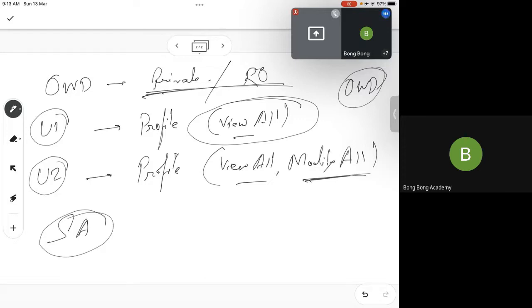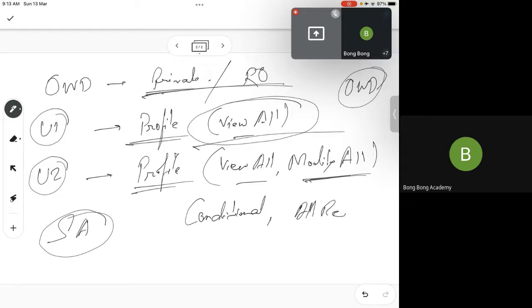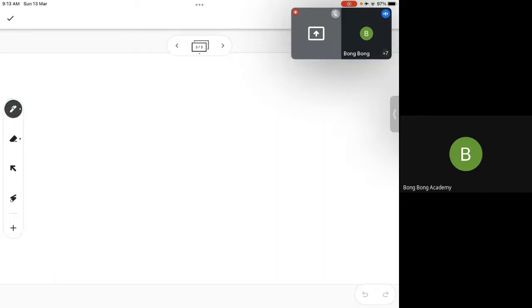But let's say I need to do this conditionally and not for all records. When you give this permission, all the records of that object are available, right? But if I don't want that, I want specific records to be made available only to specific people. That is conditional, and we come to the thing called sharing.